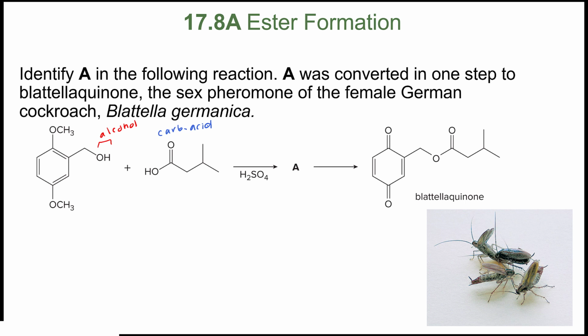So I'm going to look for my water to squeeze out. I take the OH from the acid and the hydrogen from here and then squish those together. There's the acid part. Here's my new bond. I have an O, and then the rest of it is the benzene ring. So that would be A. That's the ester that we formed for A. And then at some point this gets reduced. Then we form these 2 carbonyls from where the ethers were, and our benzene becomes a quinone,